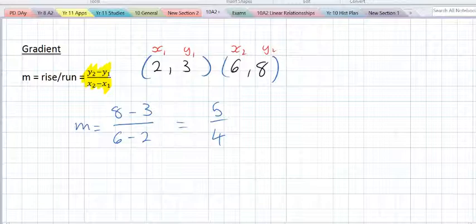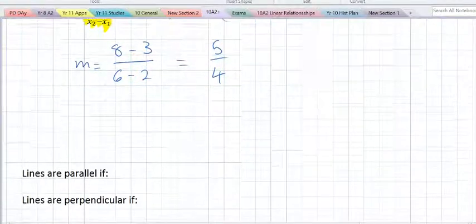Alright. So if you're asked to find the slope between 2 points, or for some reason you need to find the slope between 2 points, you label them x1, y1, x2, y2, then you put those numbers into that equation, and what comes out is the slope of the line between those 2 points. So 5 is the rise. Yes, so 5 is the rise, 4 is the run. I said plot these points on a graph. You could use the slope intercept method to go 4 across 5 up. Yeah. Alright,